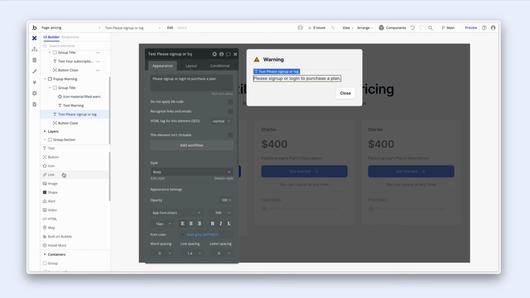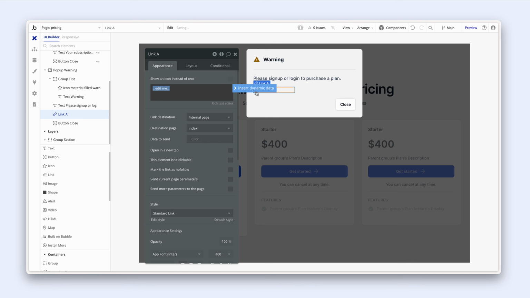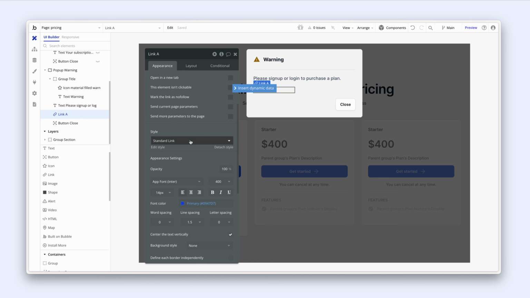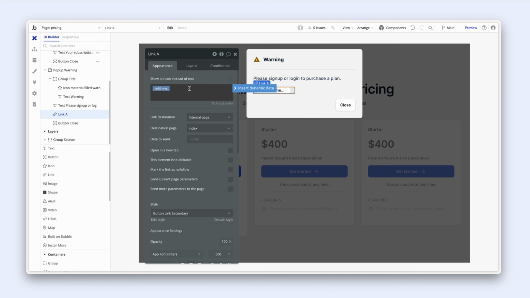Now we need a link element. Drop that in. Now I think we did, yeah, we designed a button link secondary. There it is there. Let's just have fun here. Let's say, take me there. This goes to the auth page. And let's change this to true. Okay,